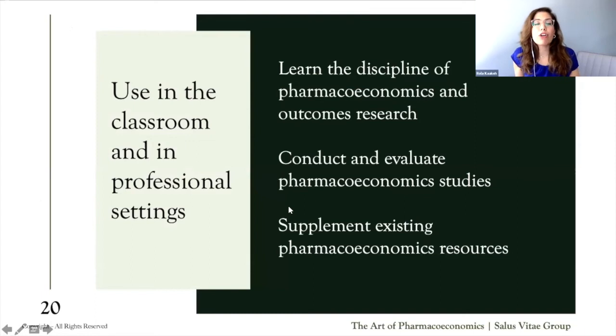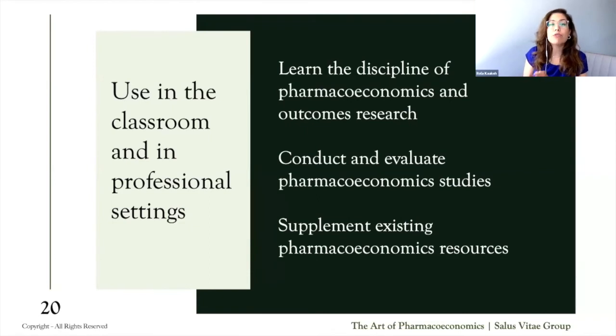Now, I had mentioned also before that there's two types of settings. In the traditional setting, as more of a formal student, whether you are at a graduate school level and learning this in the classroom, you can use this. Or if you are already out in practice and want to understand these different elements so that you can make better decisions in healthcare, then this is also pertinent to you. Now, it's also pertinent to those across the spectrum. So whether you're in industry, whether in academia, whether you're in health systems, whether you're in policies or organizations, right? Looking at these various different elements is really important.